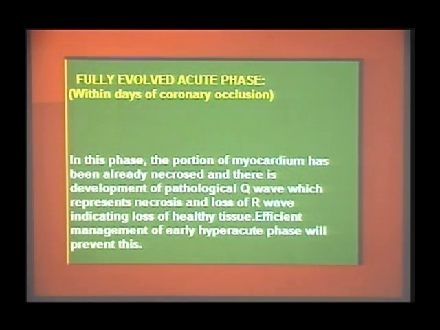So what's happening after second day or third day? Let us say the patient comes to you after 3 days of chest pain. He had chest pain on Friday. He is coming to you on Sunday. What will be the ECG change and what treatment you are going to give? So this is called fully evolved acute phase. So within days of coronary occlusion. In this phase, portion of myocardium has been already necrosed and there is a development of pathological Q wave which